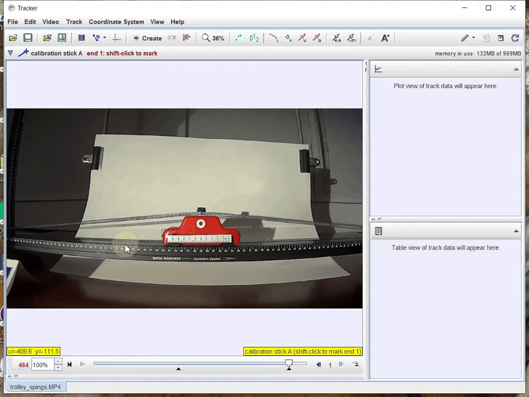To do this, I'm going to roughly find where the 70 centimeter mark is. Shift click there, and the 50 centimeter mark, sorry. Shift and click there,